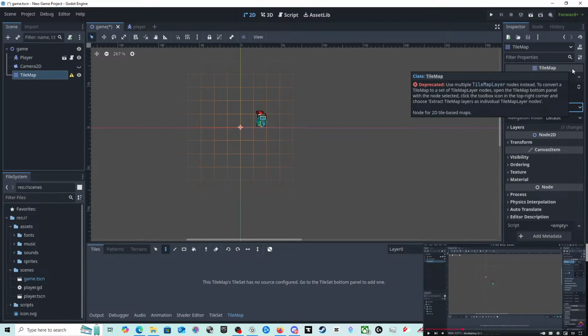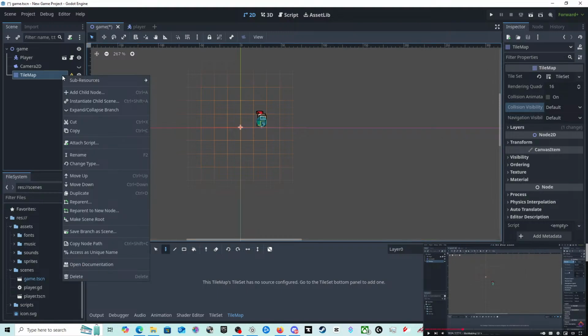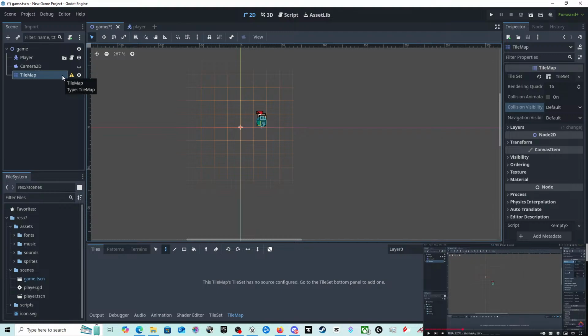Did I choose the wrong one? No, tile map. Dude is goated, capable of making high graphic games in 3D. Bro, I can't even make a 2D game.